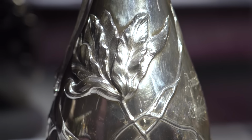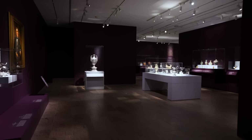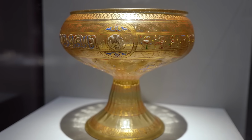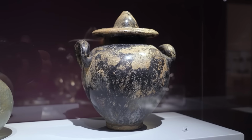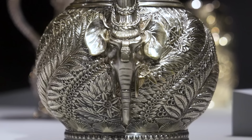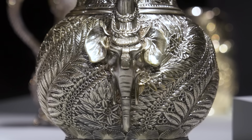Collecting Inspiration is an exploration of the work of Edward C. Moore and the phenomenal collections that he assembled as sources of inspiration and education for himself and his staff. Edward C. Moore was a silversmith who pioneered entirely new ways of designing and making silver, and he served as